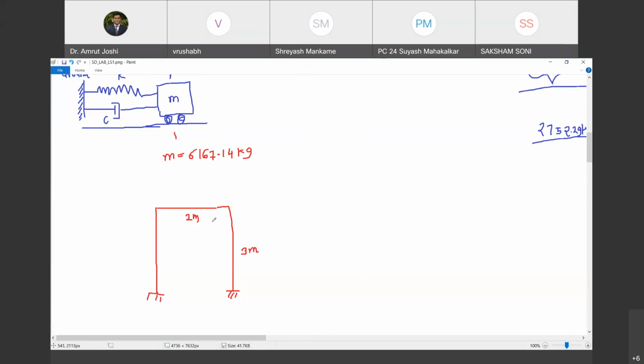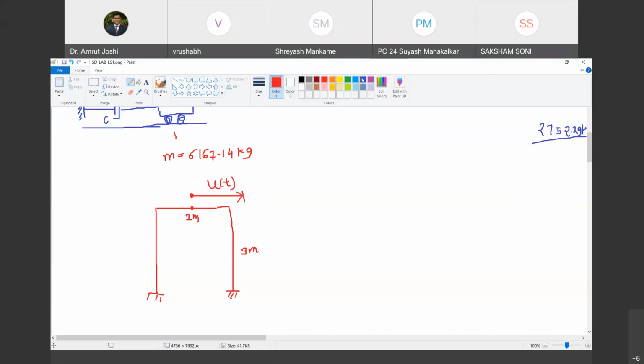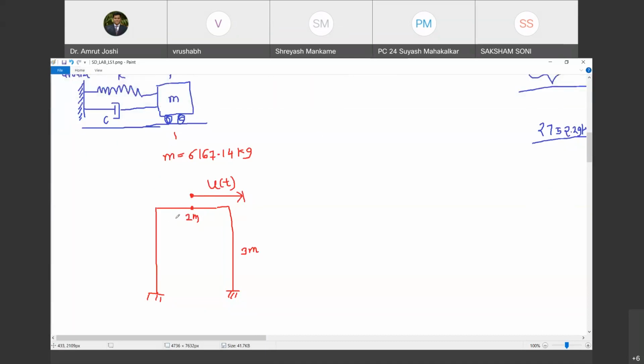Okay. And now what is the question that I'm asking? This u of t now here can be shown in this fashion. This is u of t. The amount by which the centroid of the slab is going to move towards right. In other words, the slab is going to move towards right. That is u of t. And now just look at what I am trying to do. To find out the K, I need to find out force F. Force F required to produce unit displacement towards right of this slab.